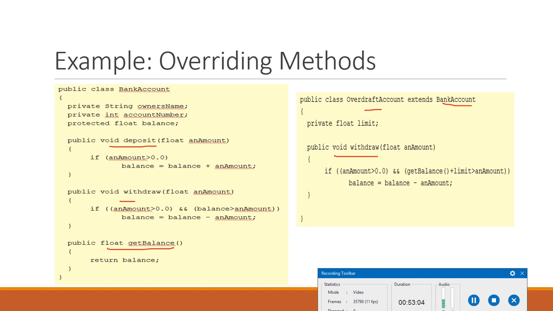Now if you see over here, the child class has the withdraw method. Public void withdraw, float amount. So method name is the same, parameter type is the same, number of parameters is the same. So a child class method has the same method name and the same signature as the parent class method. In this case, when we call the withdraw method, the parent class method will not be executed, the child class method will be executed, as I have shown you in the example just now. This is called method overriding.